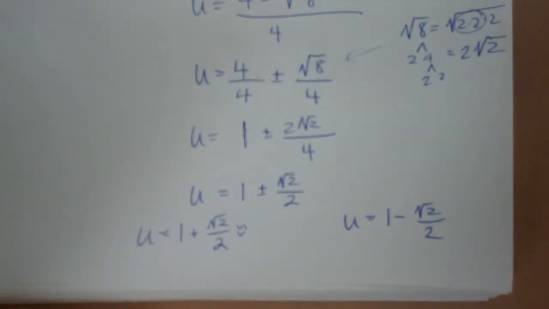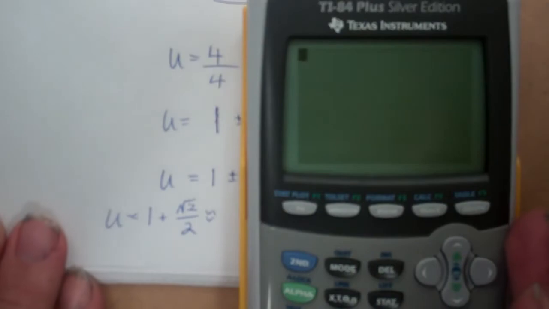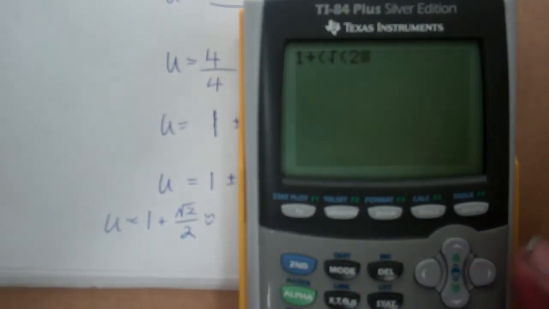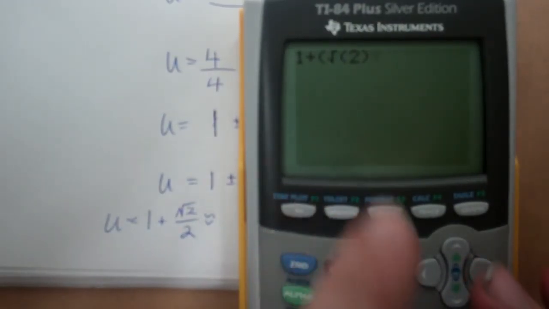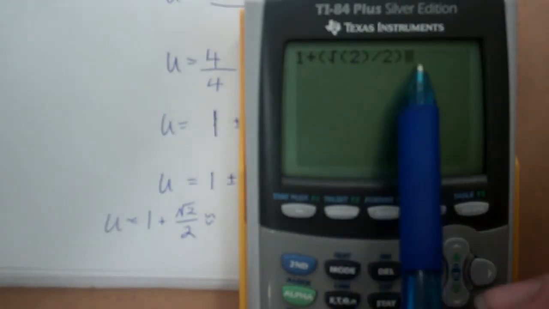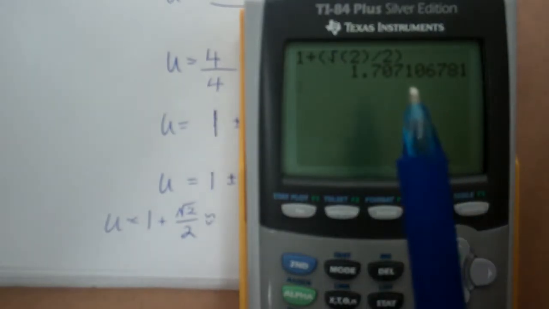So I'm going to type in 1 plus. Notice how I use parentheses here to avoid making a mistake with order of operations. I'm putting in 1 plus, parentheses, square root of 2. Make sure you're out of the parentheses then. Yep, gotta close those ones. So this is just the square root of 2 divided by 2. And then I close the parentheses there. And that comes out to be